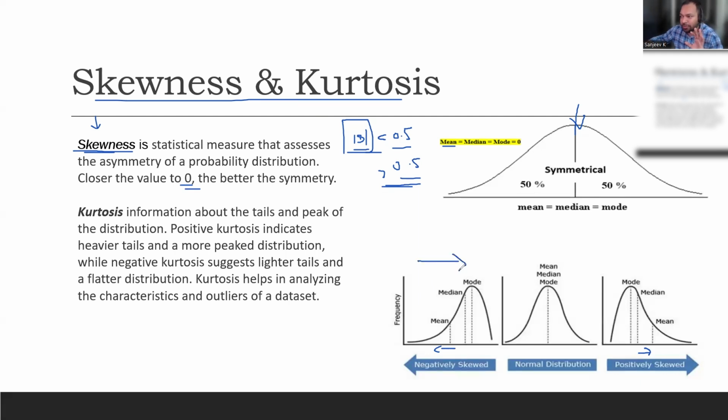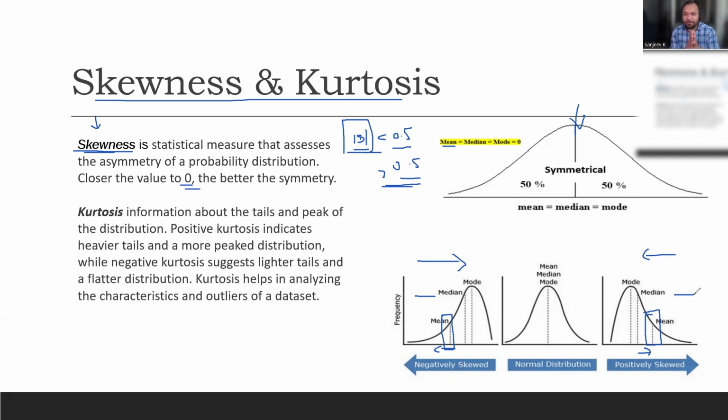If the data is negatively skewed or positively skewed, the data set will behave in a different way. The population, the dense part, is drifted away from the mean. Now the mean is on the left side for the negatively skewed, and the mean is on the right side for positively skewed. There are outliers. Here also we have outliers. Here also we have outliers.